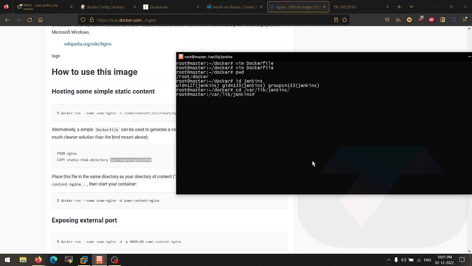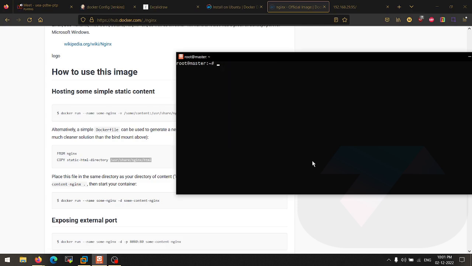So what I'm going to do here is move this docker folder from here to /var/lib/jenkins, so that it becomes easy to manage by Jenkins.